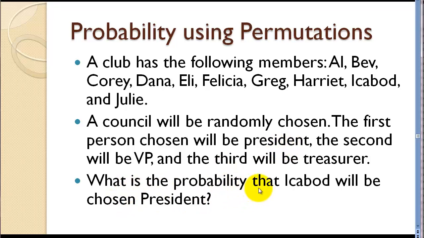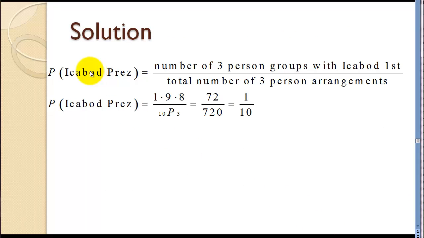And we want to know the probability that this one person will be chosen as president. So we need to know, in terms of the success outcomes, how many different councils could be formed where Ichabod was chosen first, and then two of these other people were chosen in the other order. And then we needed to divide that by the total number of councils that could be created. So if we look at that, the councils where Ichabod is president, the total number of councils,